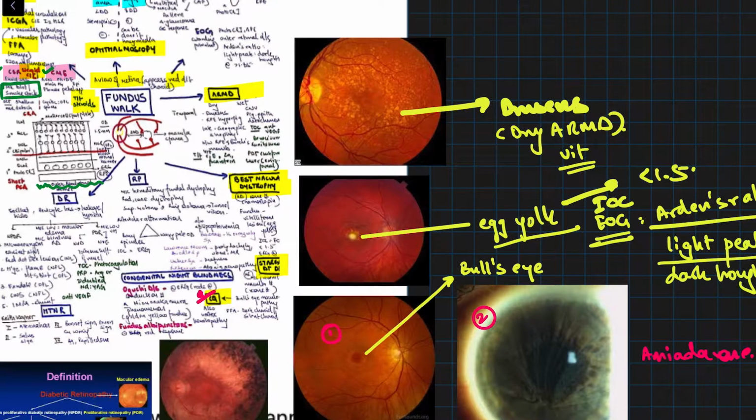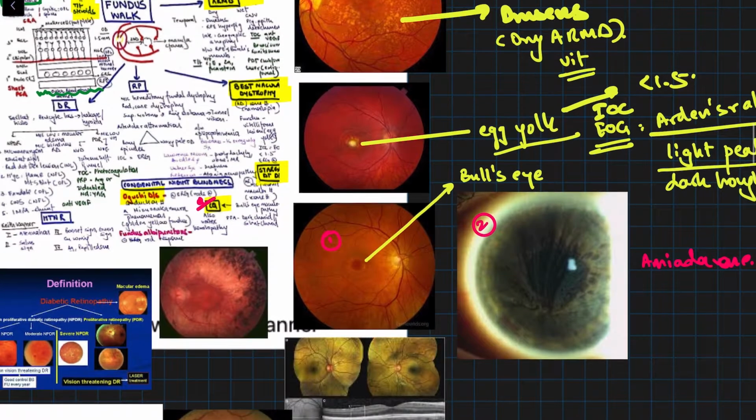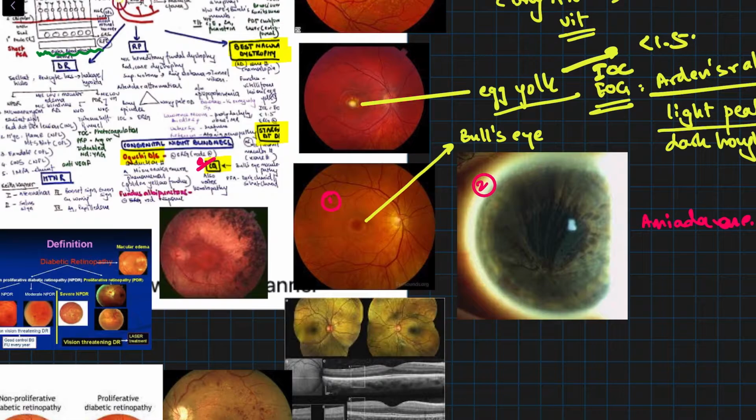Then next are some congenital causes of night blindness, right? First is Oguchi disease. Here the rods are normal, but there is a defect in conduction. And a very important thing to remember with Oguchi disease is the Mizuo Nakamura phenomenon. Some Japanese name, right? Mizuo Nakamura. What happens is that here we can see a yellowish green fundus, right?